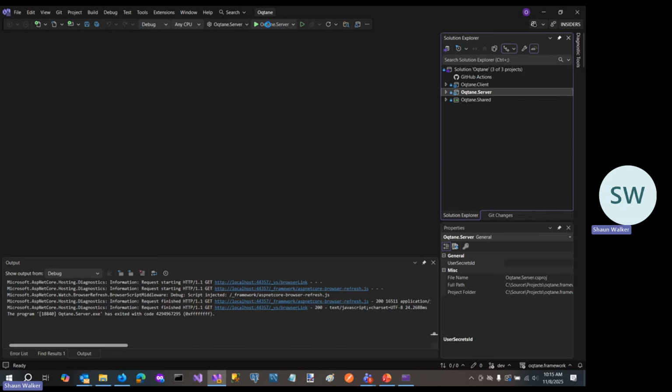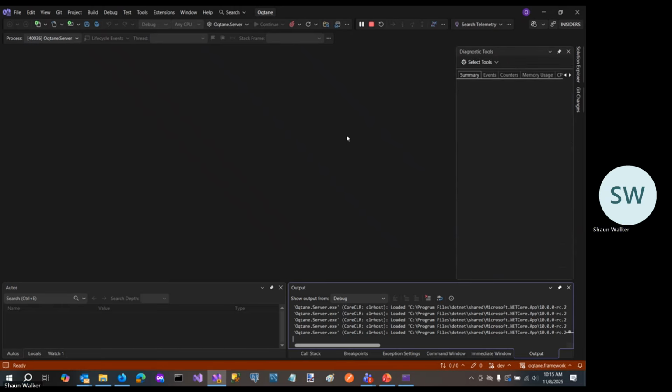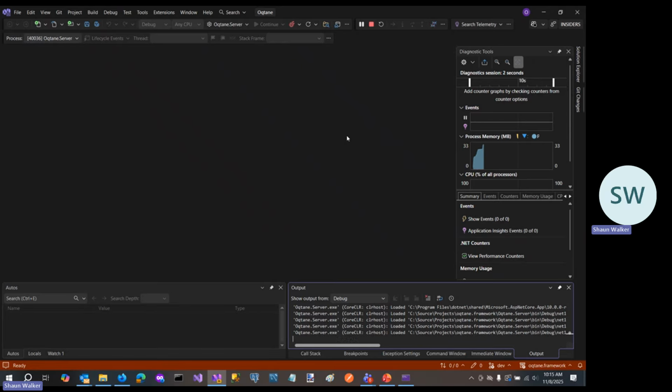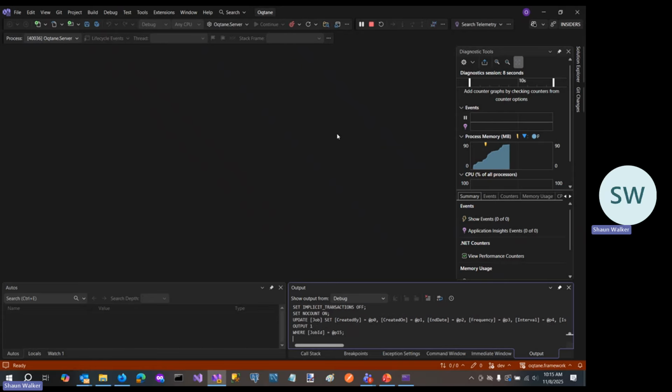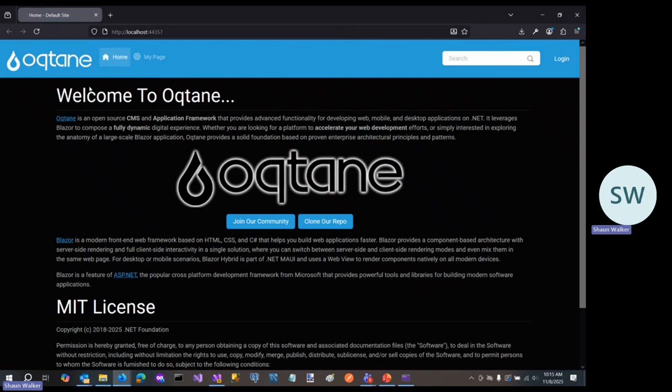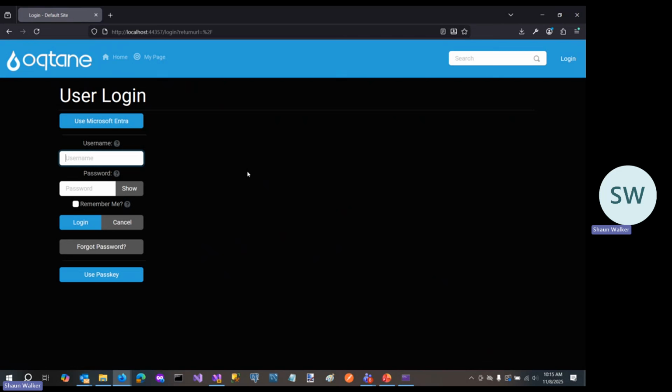If we go ahead and run this application, we're going to see the default look and feel of Oqtane. So it has its own default theme out of the box, and then it installs with a certain amount of content. I had already created an account previously, so I can log in using the account that I created, and this would be the self-hosted auth capability that I was talking about. So if I log in as the host user,